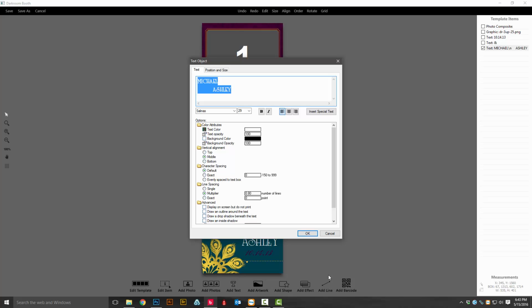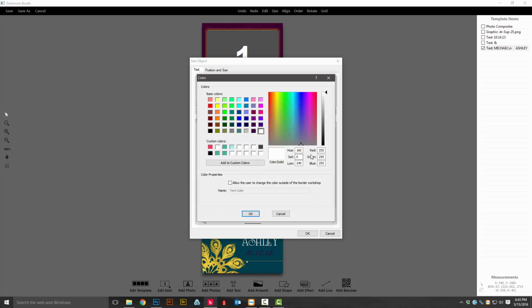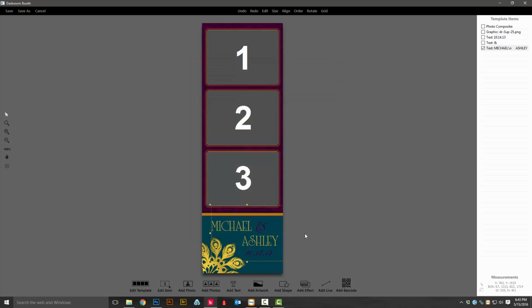Double click on the text object, select the text color, and type those numbers in. 204, tab, 173, tab, 54. Now that text does match this